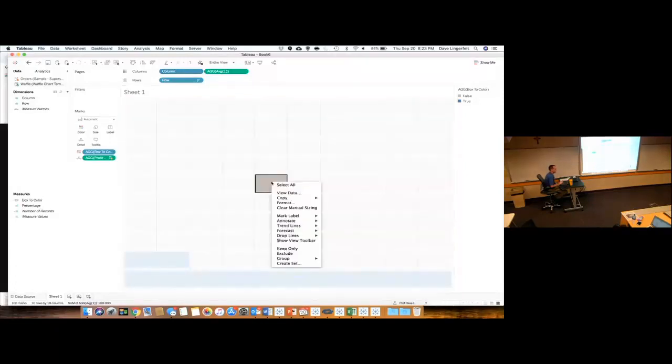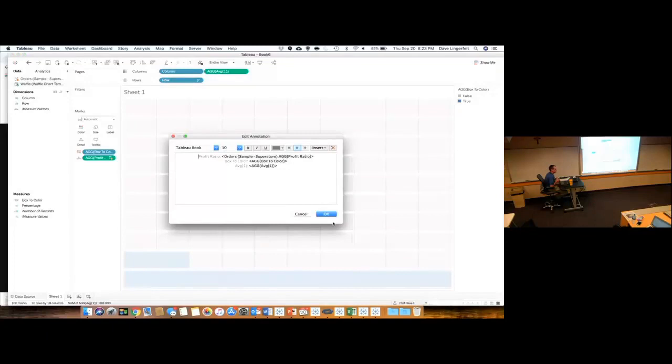And then if you right-click and go annotate, from there just say you want to annotate a mark. Now what I'm wanting this to show me is this, my profit ratio. So it's got to call the whole sheet. What I want to do is get rid of everything except for what's in here. So I'm going to get rid of this profit ratio on the front end and everything else underneath. I'm going to zap that, get rid of that,